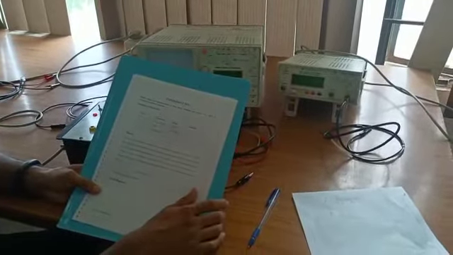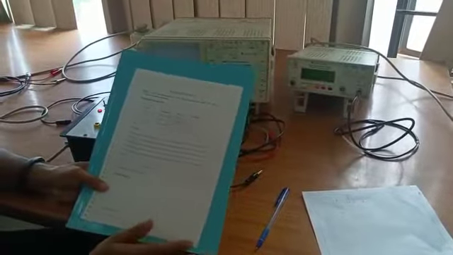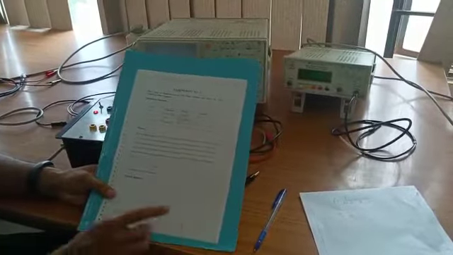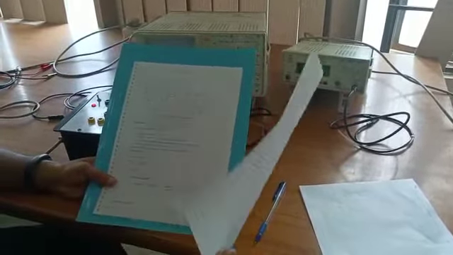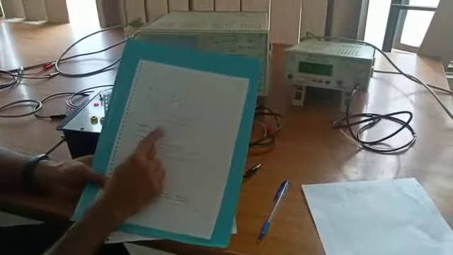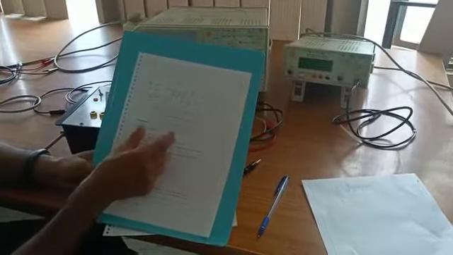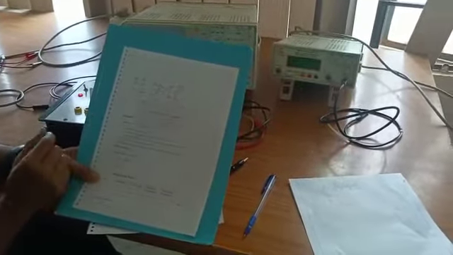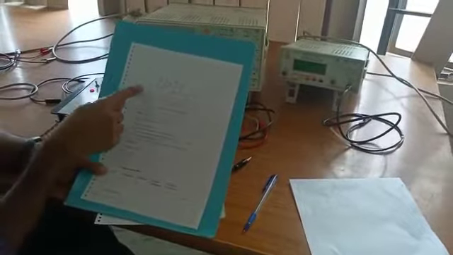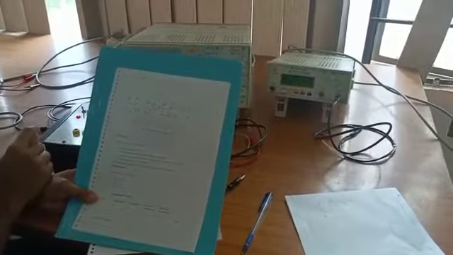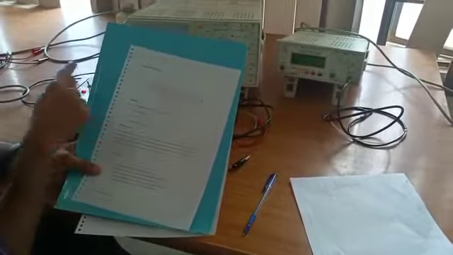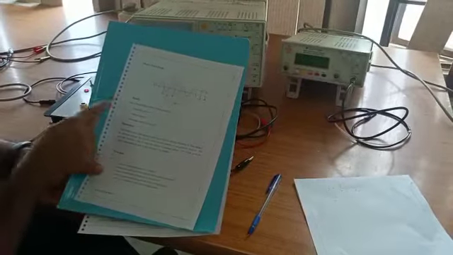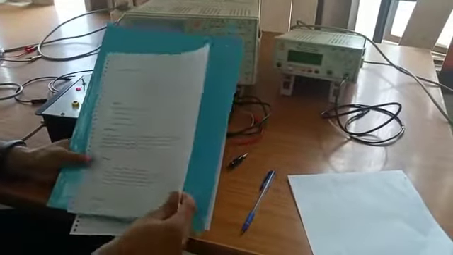and crocodile probe. And for reference we use this manual. In this manual, this is the theory part regarding this experiment, and this is the circuit diagram of this experiment. This circuit diagram is designed using BJT, and this is the feedback part, Wien bridge oscillator, procedure, observation table, and this is the waveform of this experiment which we will see on the CRO, result, discussion. So this is the theory part.